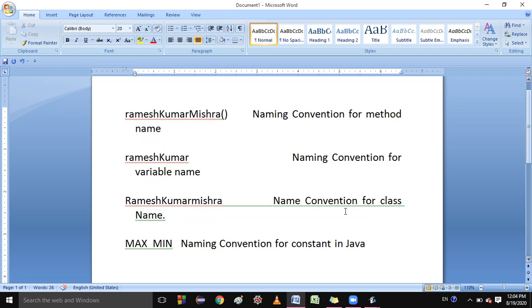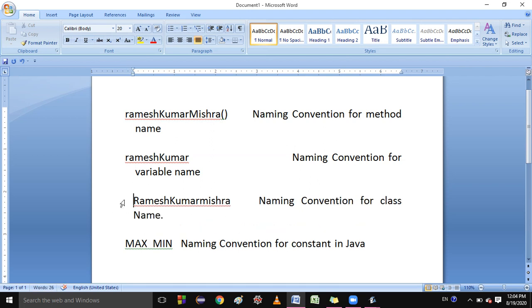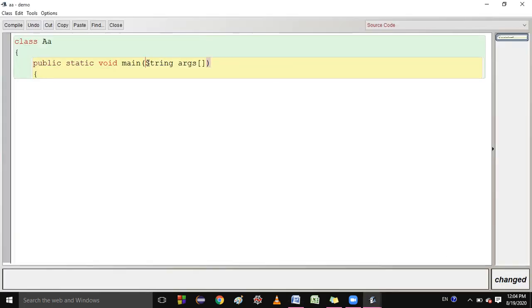This will help you a lot. What is naming? This is naming, not name. Naming convention of class name. So students, please note down all the things which I explained, because these will play a very important role when you are writing code. Next is this String. I think you understand why S is capital, because String is the class name. You know that the class name's first letter will be in the capital.